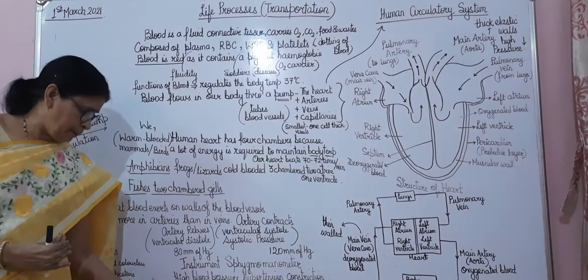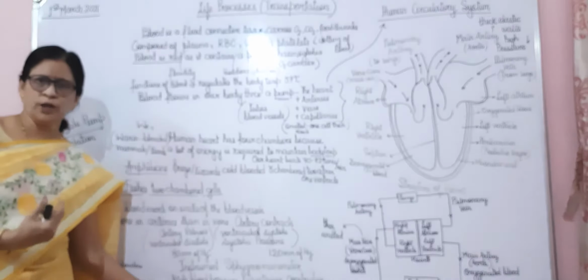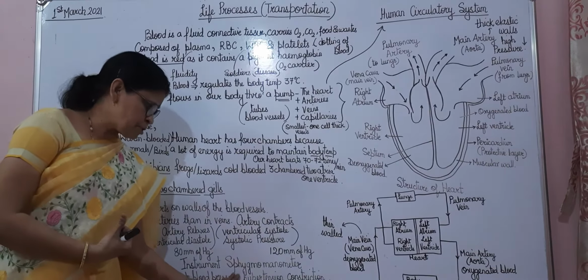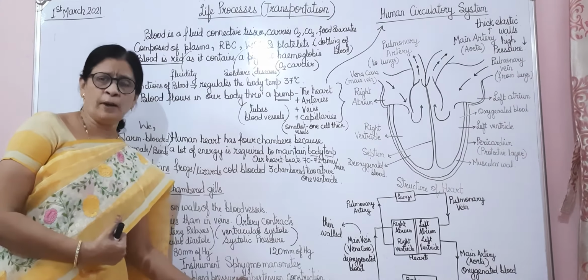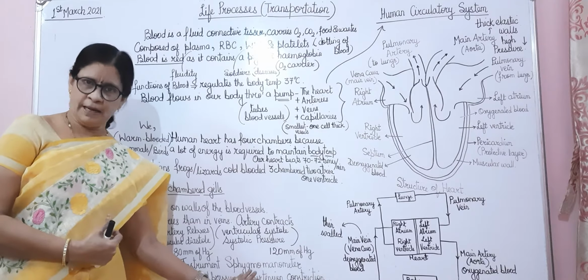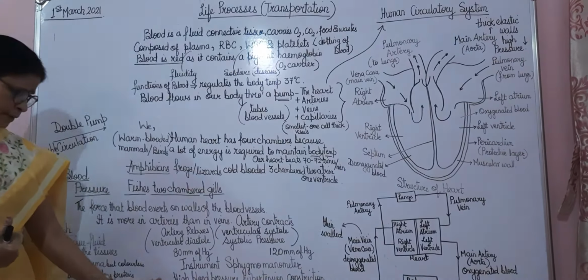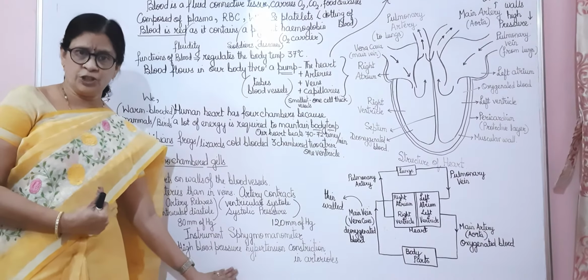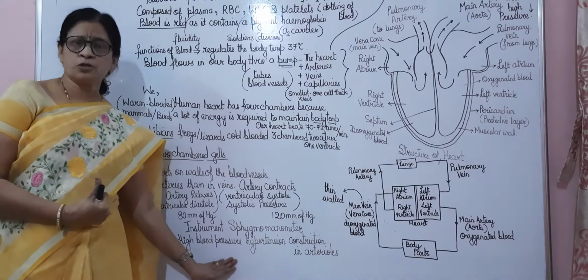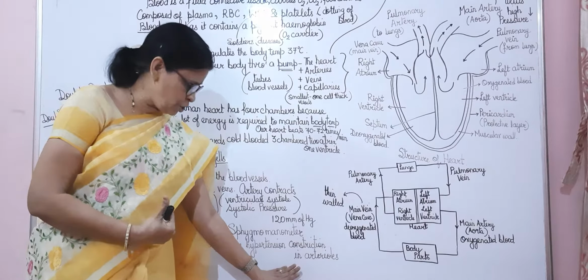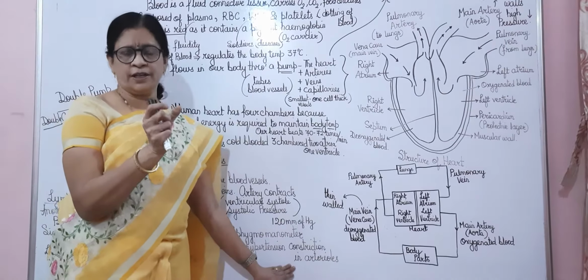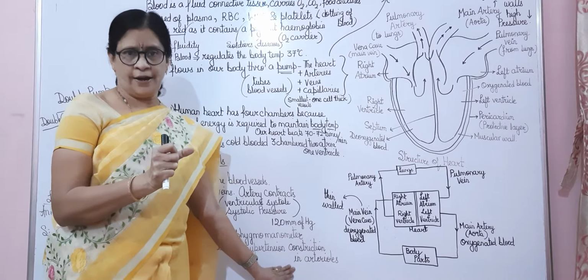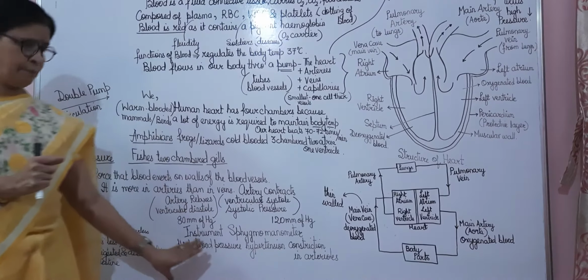Now the blood pressure is found out with the help of a special instrument which is known as the sphygmomanometer. The sphygmomanometer is used to find out the blood pressure. Okay. Now those who have high blood pressure are said to have hypertension, and such hypertension is because of the constriction of the arterioles. It means the arteries are constricted because there is fat deposited in these particular arteries. Okay, so this is called hypertension.